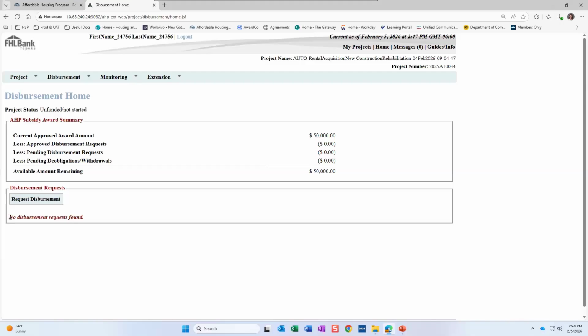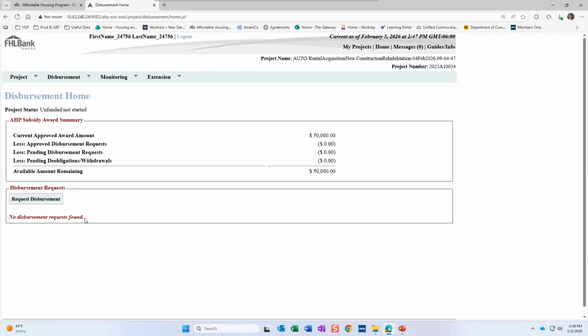Then you're going to see right now this says that there are no disbursement requests found here at the bottom. As you initiate disbursements, you'll see them start populating in this disbursement request section. And I'll show you that once we've initiated one and what that looks like. This is the section where, if you started working on a disbursement request and then decided to come back and work on it again later, you'd find that disbursement and be able to click back in and start working on it again. So again, I'll show you that in a little bit, but for now, we're going to initiate a brand new disbursement and talk about it start to end.